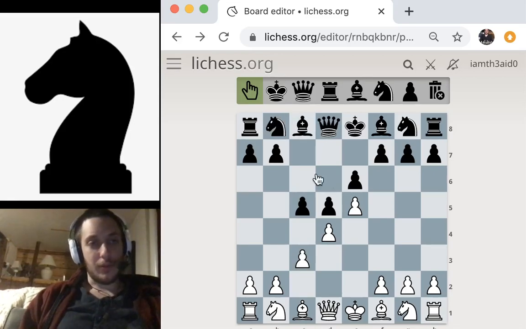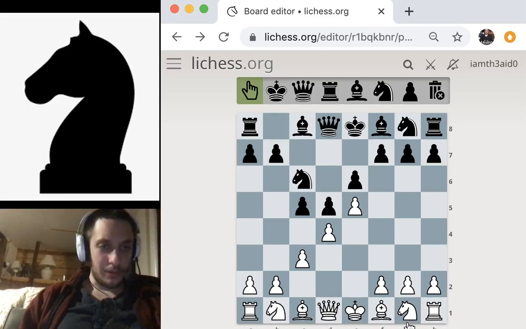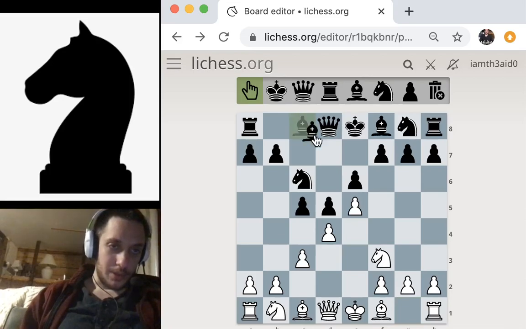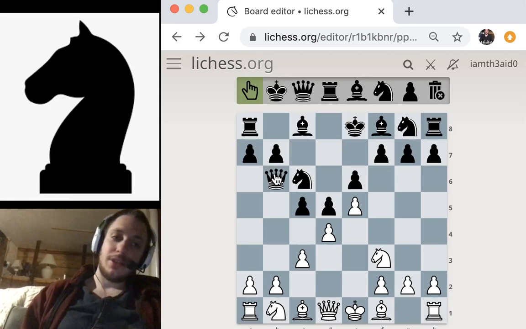There's a few different moves here, but knight c6 is the main move. Knight f3, bishop d7, or queen b6 is an interesting move, and I actually like to play a kind of